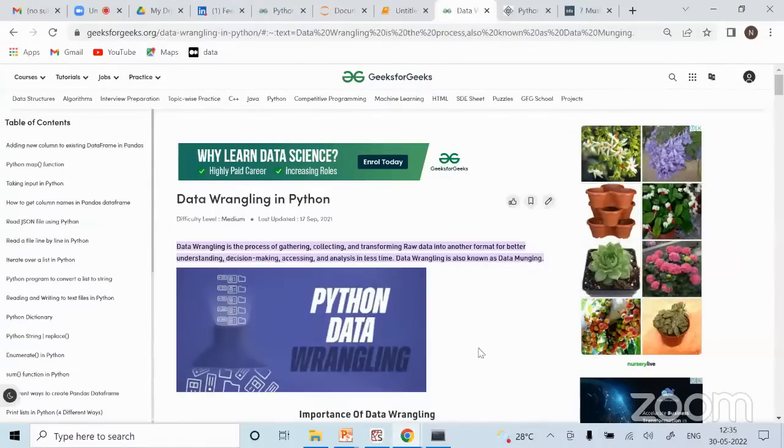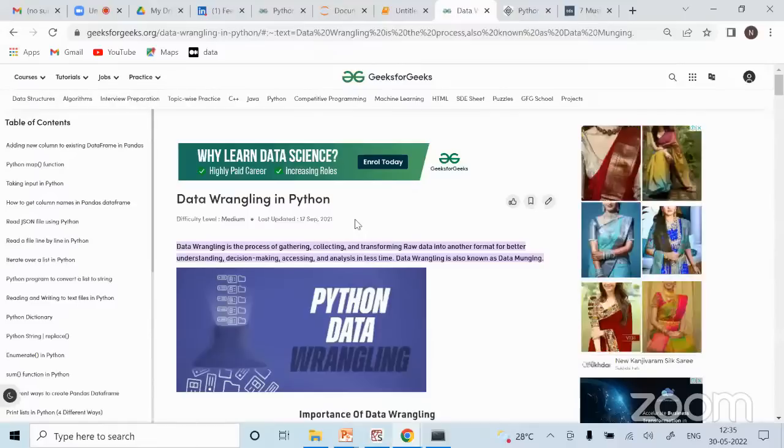Why do we do this? For simple reasons. Whatever roles you hear, like people who say that I am a data analyst, or I am a business intelligence person, BI team, DA team, or DS team for that matter, all these three teams have this as a common step. Everybody does that. The Power BI or business intelligence team first does all these steps and then they build a dashboard, they build reports, and we will also be building that.